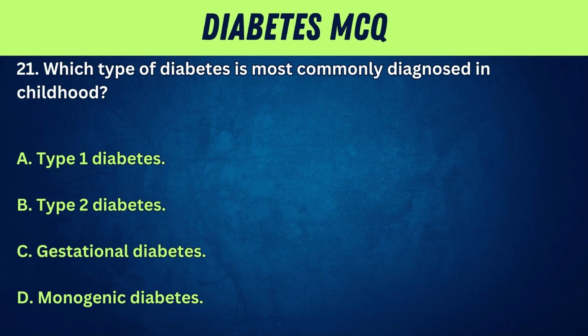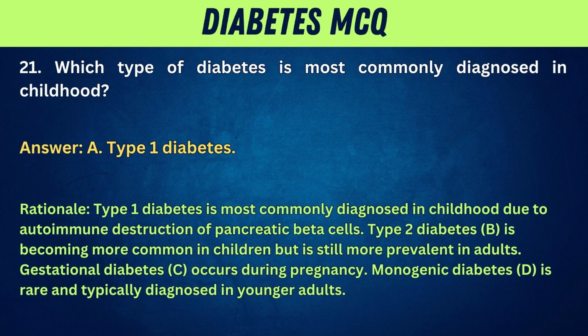21. Which type of diabetes is most commonly diagnosed in childhood? A. Type 1 diabetes. B. Type 2 diabetes. C. Gestational diabetes. D. Monogenic diabetes. Answer: A. Type 1 diabetes. Rationale: type 1 diabetes is most commonly diagnosed in childhood due to autoimmune destruction of pancreatic beta